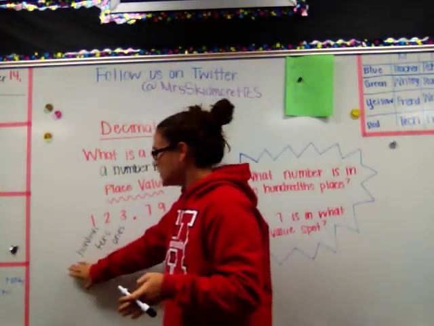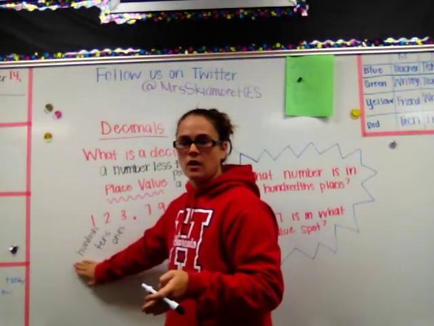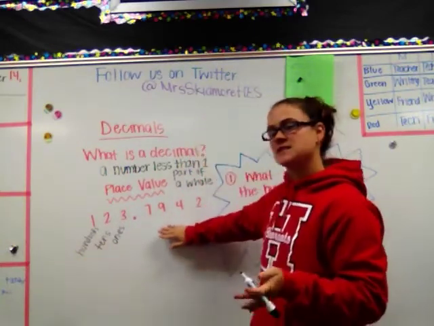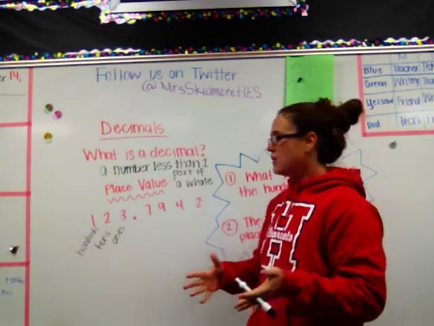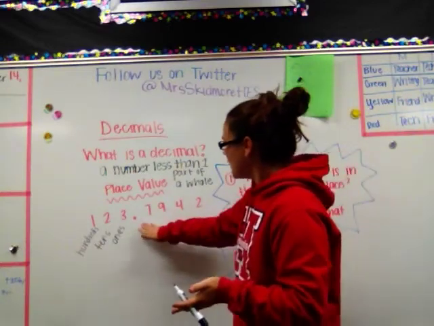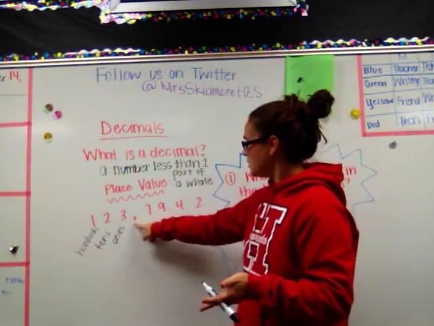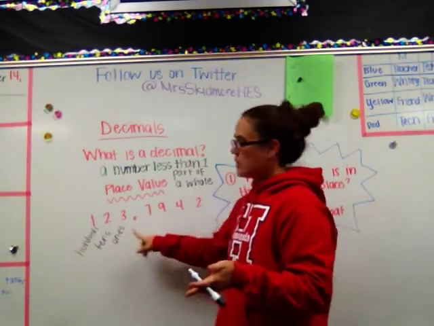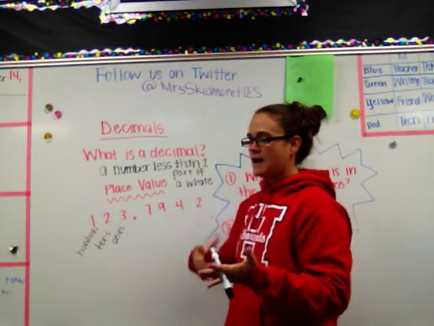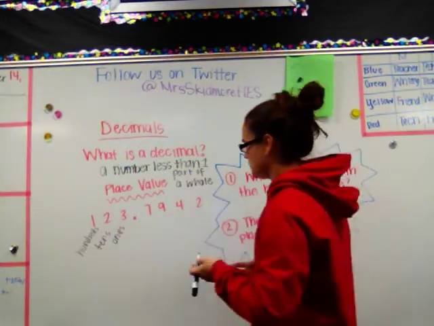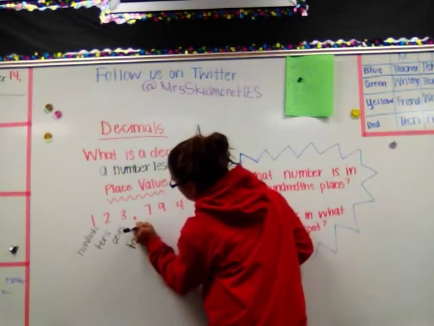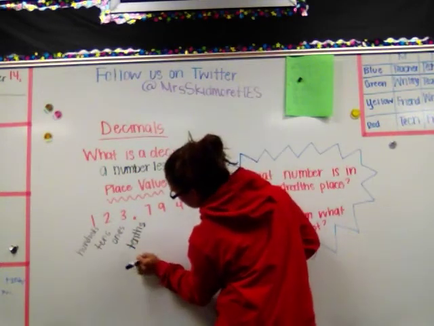You've already learned about whole number place value, hundreds, tens, and ones. And you should have learned past the decimal point, but I want to review that. So it kind of goes backwards. Once we get to our decimal point, we go backwards. We do not have anything with ones, but our first spot after the decimal is our tenths place. And then after that we have our hundredths,